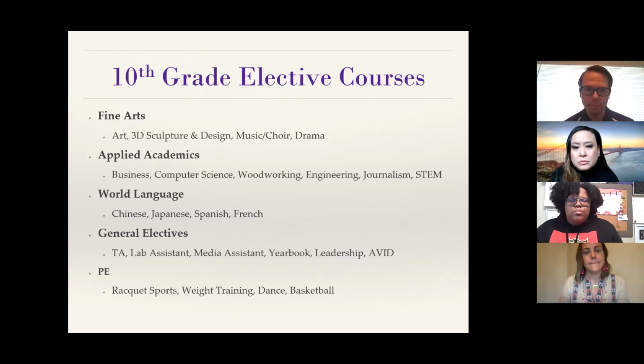Applied academics, we have a bunch of options: business, computer science, woodshop, engineering, journalism, STEM, world language. This is a requirement to be college eligible. You do need to get through level 2. Some of you might be in a level 2 class right now, like maybe you're in Spanish 2 already. As long as you complete the course with C's or higher, you've technically met that requirement. Some of you may even be in a higher level than Spanish 2, maybe you're in Chinese 3 or even Chinese 4 honors. So it's really about getting through level 2 of a language, and that meets the eligibility requirements.